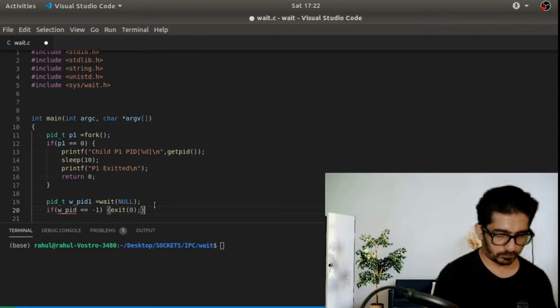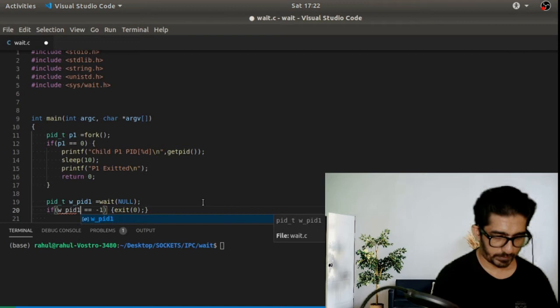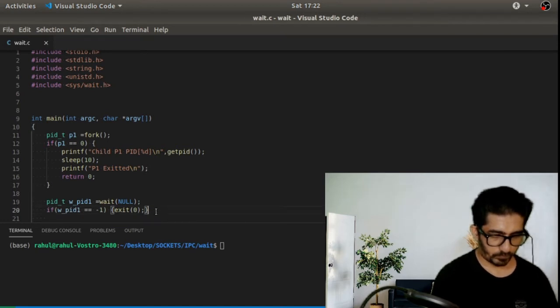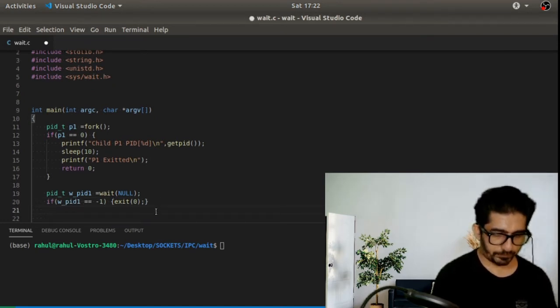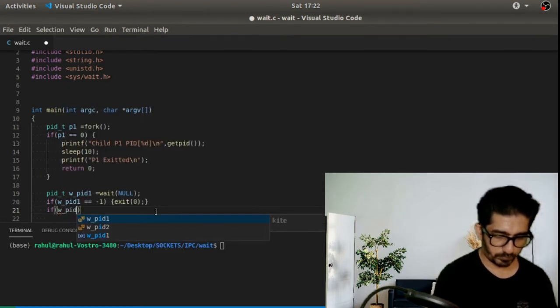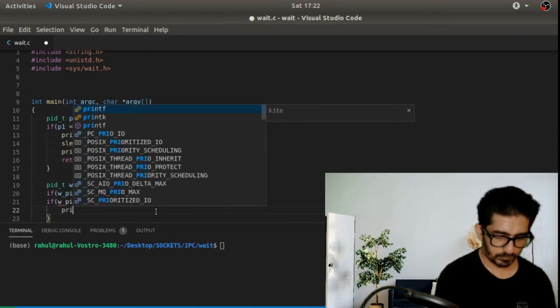If it is not, then we need to check if wpid1 is greater than 0, and then we need to print something.